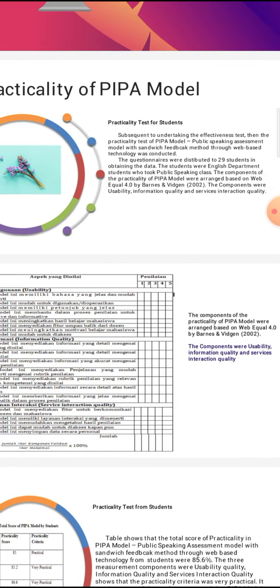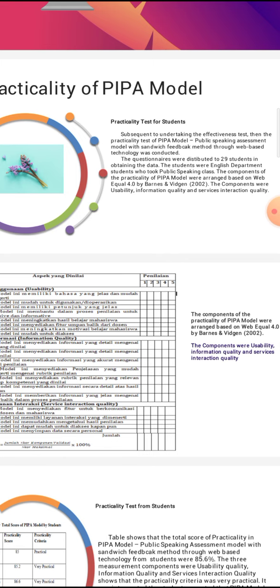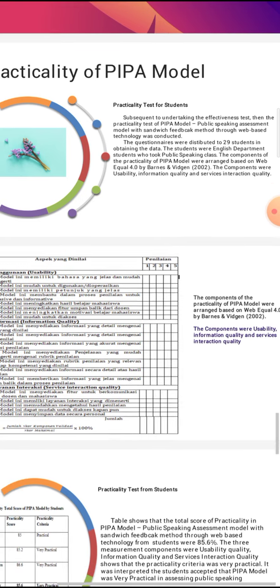The practicality of the PIPA model was conducted in two parts. The first one is questionnaires prepared and distributed to the students and the lecturers. Subsequent to undertaking the effectiveness test in the previous stages, researchers then did the practicality test of the PIPA model, public speaking assessment model with sandwich feedback method through web-based technology.